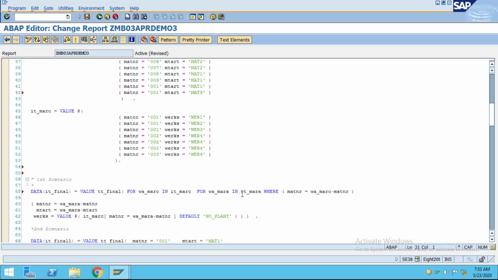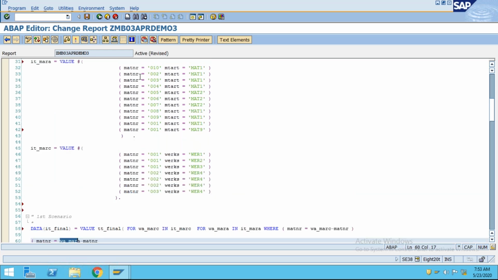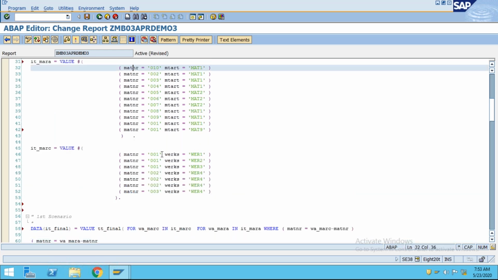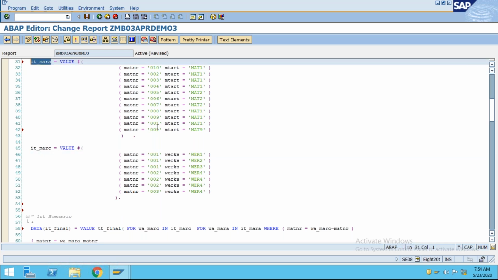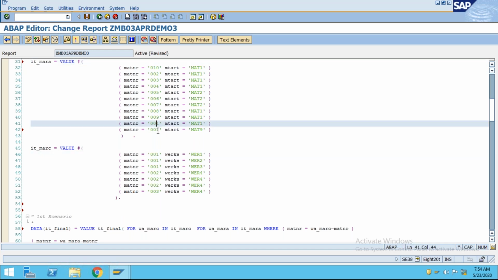Traverse through all the material records, and wherever the material number is equal to the w_marcy-material number, get the material number from w_mara. Wherever this condition is true, get those values from this particular it_mara. So here we are having